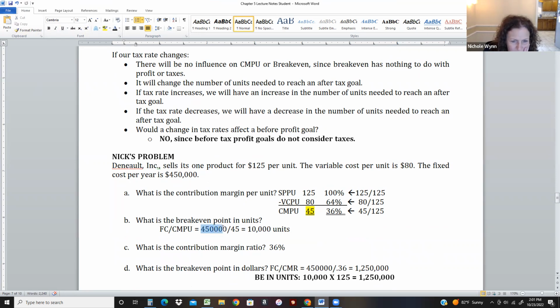I would take the 450,000 of fixed costs, and I would divide by 45 each. So that would be 10,000 units. The contribution margin ratio, I would need to find that. And to find that, what you do